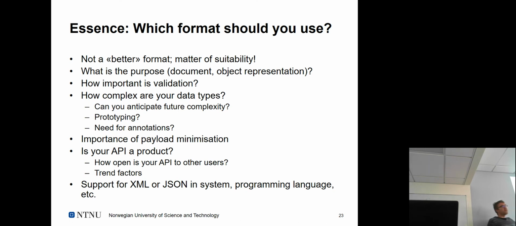And the last one is, of course, which programming language do you use, which systems do you use, and how is their respective support for JSON or XML? That should be an important point, right? If you use legacy systems and you have interoperability challenges, they may not be JSON supported in the first place, or your data structures require such rigid specification of strong typing, for example, that you don't want to afford using JSON, because you always need to fix it in the back anyway, because you basically need to check whether your typing commits to the strict requirements that you have. Well, you know, so that's trade-offs.